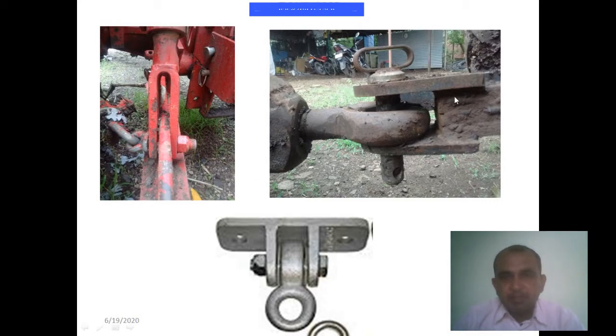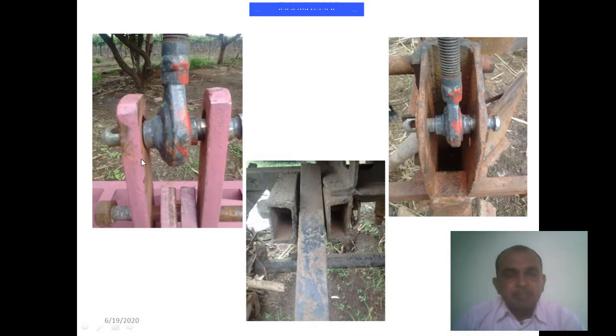This is the typical application for joining the tractors and the trolley. This is the eye and this is the fork. Then for another application, it is again used for the plug. These are three applications for the plugs. The fork is different in nature, and so is the eye.